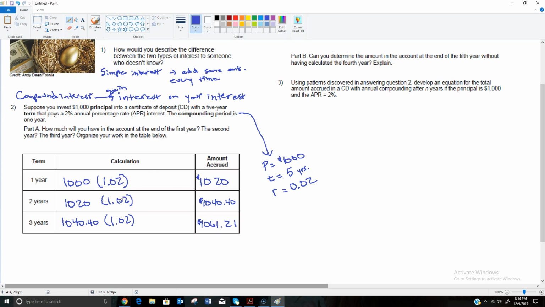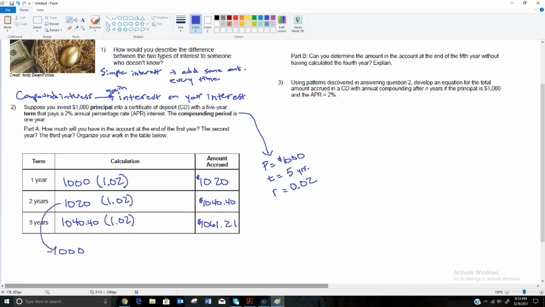Then we took that times 1.02, got our answer. So every time we've just taken it times 1.02 again. So let me show you how this works. So like right here,